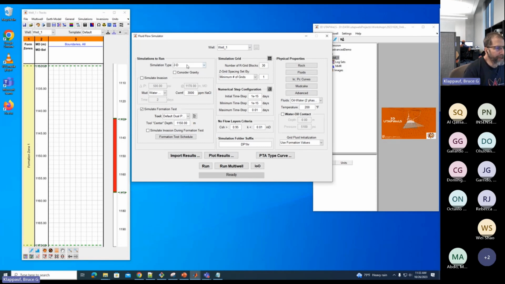But in many cases, if you're just doing an invasion, a lot of times there's not a lot of interaction between layers. And so if you just want to estimate invasion into the formation, you can use the 1D and you'll get very fast results. In this case, we're going to use the 2D because we're going to be doing formation test, which uses much more small layers. And so if you were going to do invasion, you could select this, in which case you'd